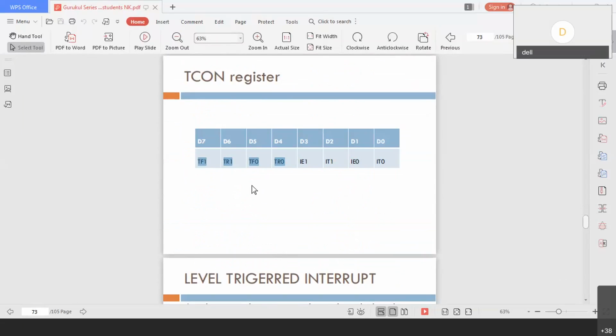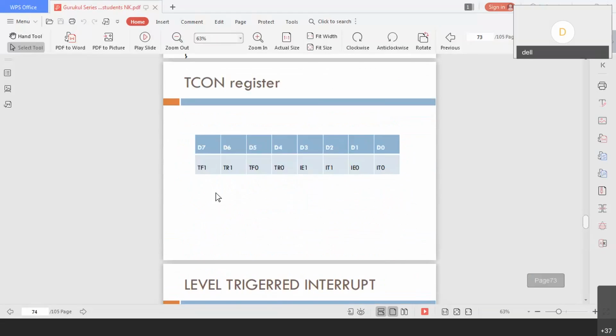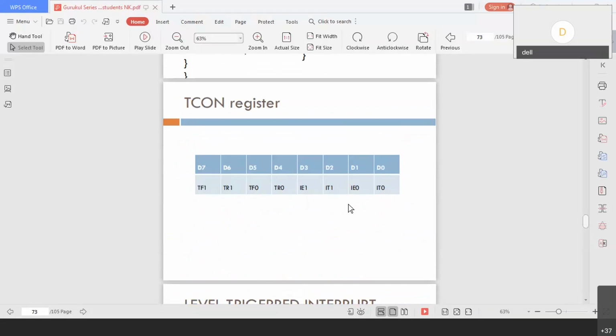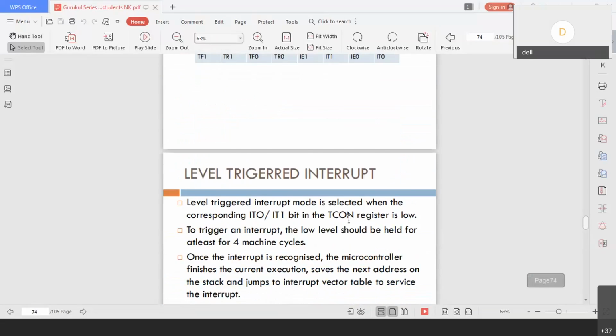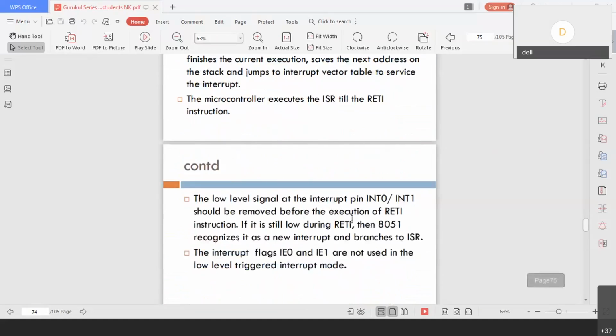And already we know TF0 means the timer 0 overflow flag, TF1 is the timer 1 overflow flag. Using the other 4 bits, IE1, IT1, IE0, and IT0, we can adjust whether we want level triggered or edge triggered interrupt. Edge triggered means falling edge or rising edge triggering. Level means when logic high or logic 0 is maintained for some time.